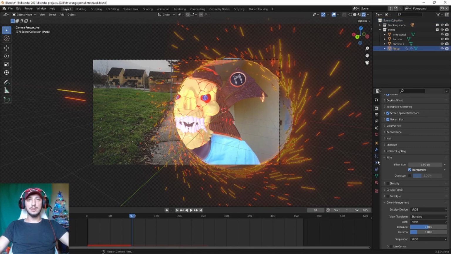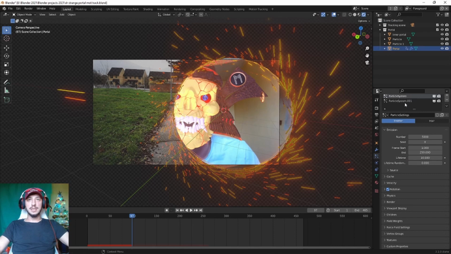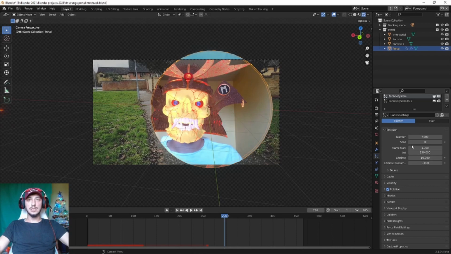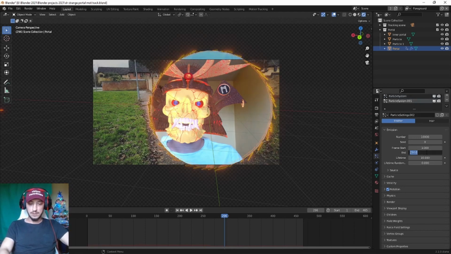Let's go to the portal, particle settings. We still have the 2 particle settings. We can see that it's gonna end somewhere around 250, so we're gonna need to increase the frame start and the frame end. The frame end is gonna be 465 on the first particle system. Then we go to the second particle system. We're gonna put the same 465,